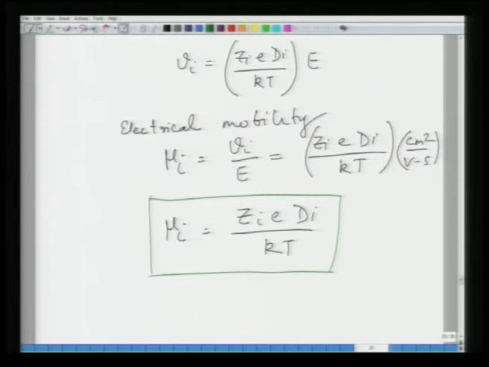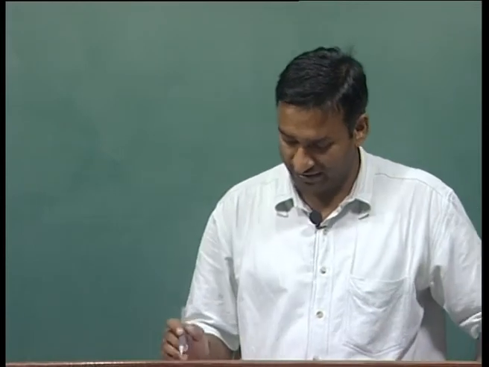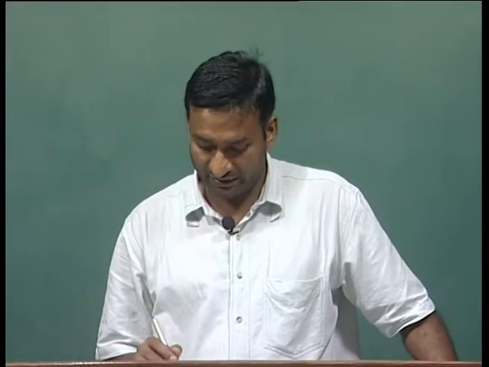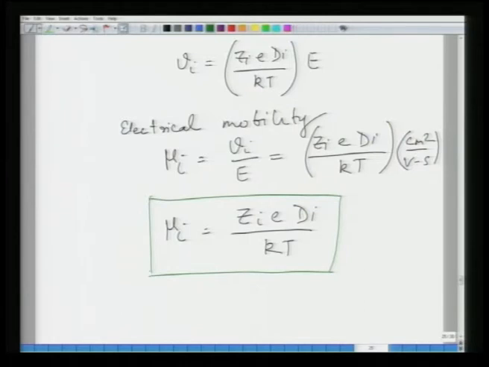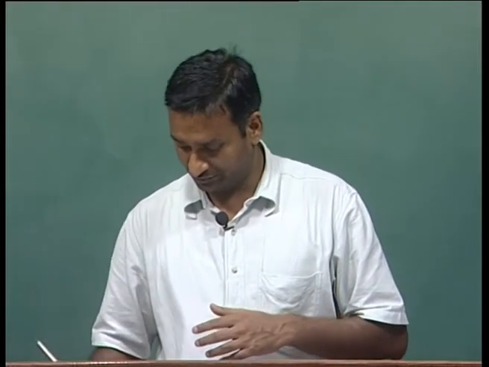This is for an ionic system. We will do some more things with these equations a little later, but at the moment I have shown you how the electrical mobility of a species in an ionic system can be related to the diffusivity of a species at a given temperature. So, before we go further into ionic conduction, we will briefly look at how conduction takes place in metallic conductors, and then compare this with conduction in ionic solids.